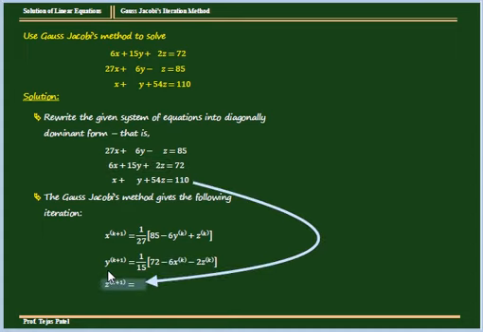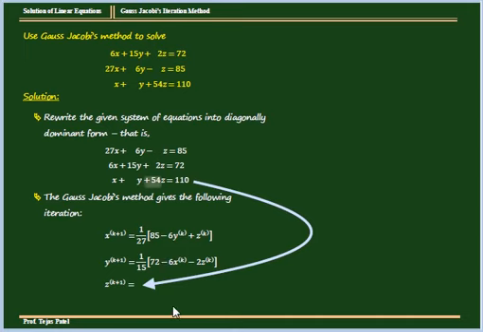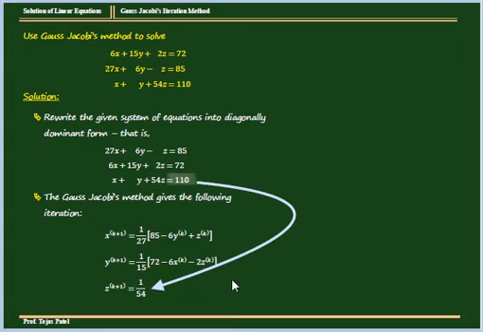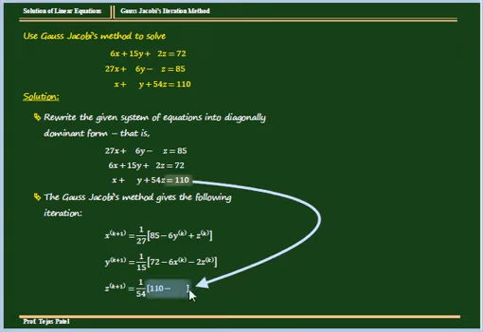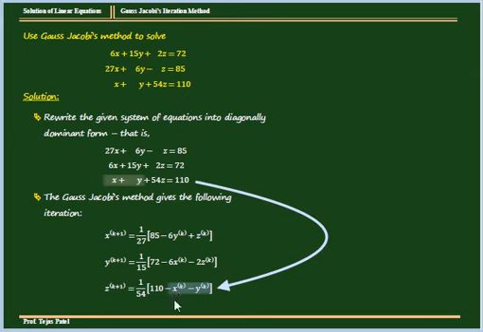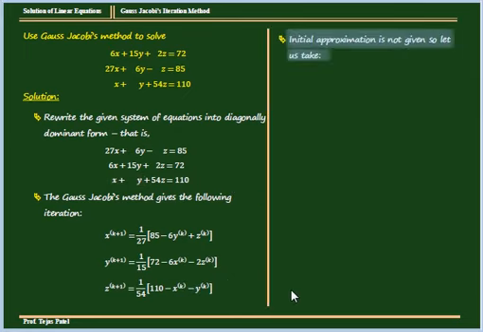Similarly from third equation, zk plus 1 is equal to, z का coefficient 54 है तो it will be 1 upon 54 and the right side is 110, so in bracket 110 minus the remaining terms are x plus y. उसको राइट साइड पे शिफ्ट करेंगे तो minus xk minus yk.